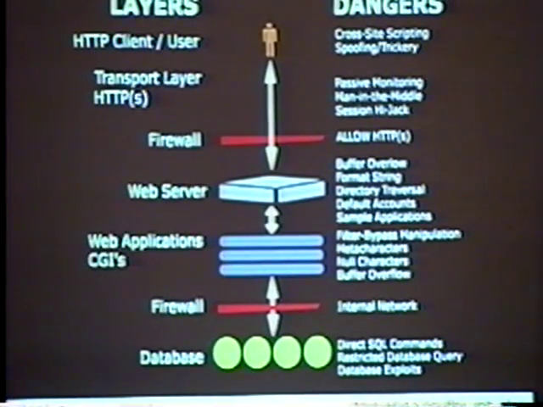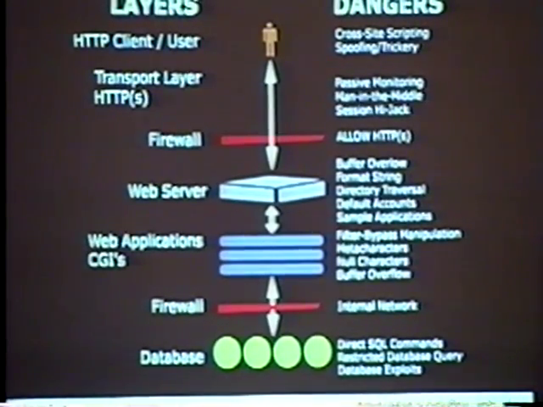The web server itself, which is separated but sometimes closely related to the web applications, is vulnerable to buffer overflows, format string vulnerabilities, directory traversals, default accounts, sample applications, everything everybody in the room knows about anyway.